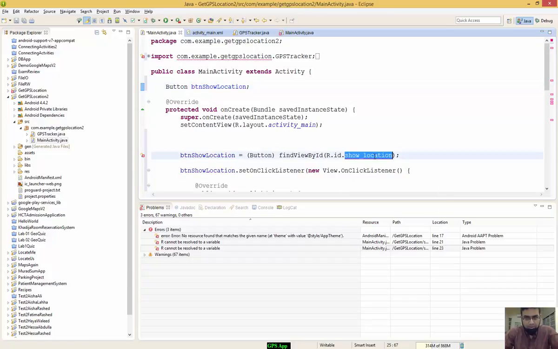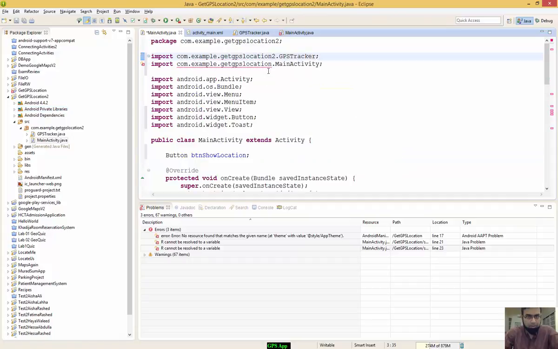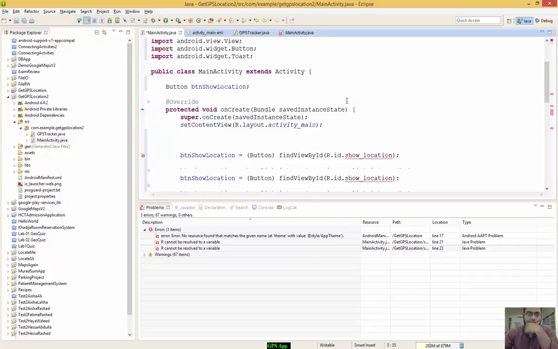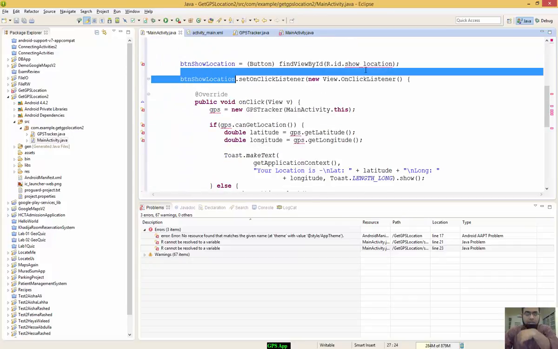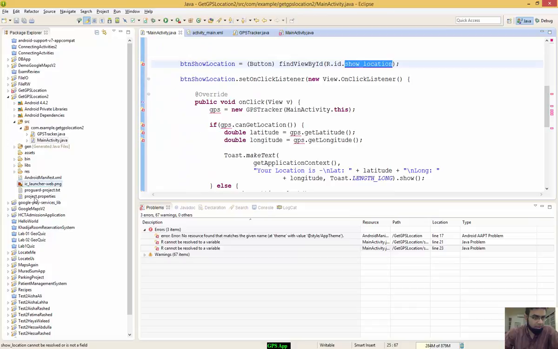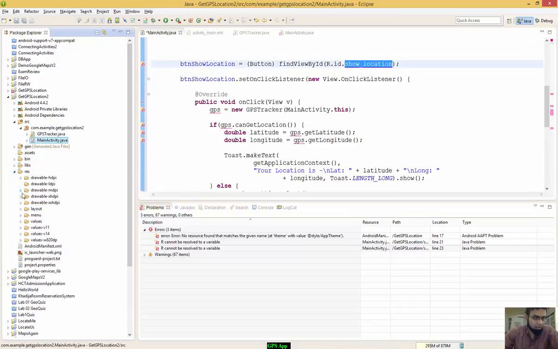I need to have a button to show the location. What happened here? Okay, the package name should be different. I copied and pasted, I believe. So make sure you have the correct package name, com.example.getGPSlocation. Right, okay, so this show location button should be there if you want to make this simple exercise